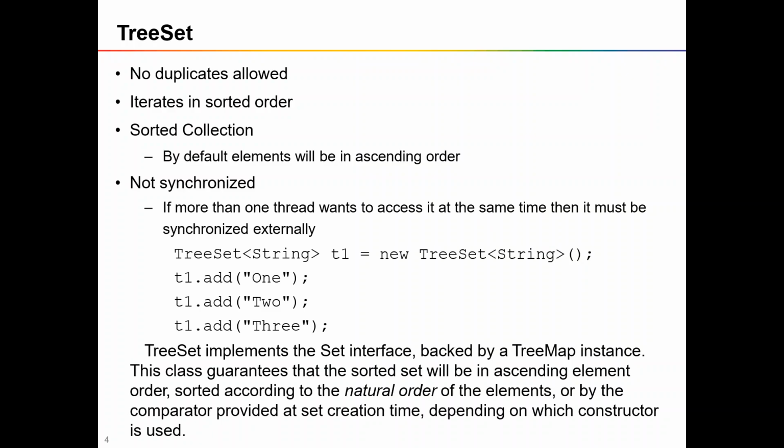In TreeSet, no duplicates are allowed, because set will never allow any duplicate. And if you wish to process all the elements of your TreeSet, you can go with an iterator. Whenever you add an element to the TreeSet, it will perform the sorting. So whenever you process all the elements from the TreeSet, it will be in a sorted order. By default it sorts elements in ascending order. And TreeSet is not synchronized.